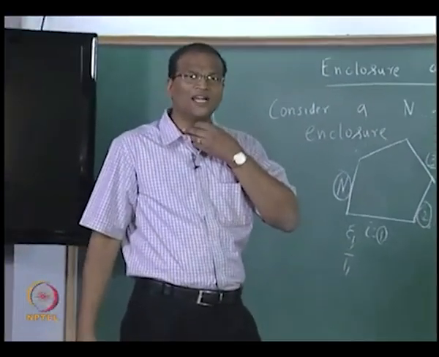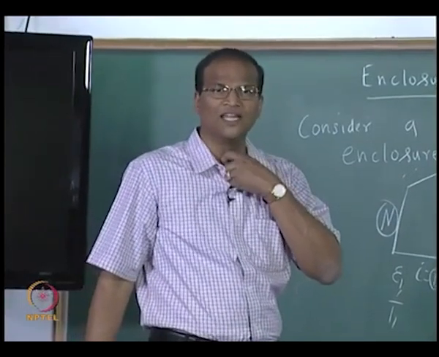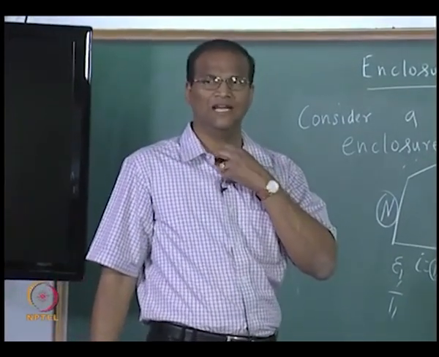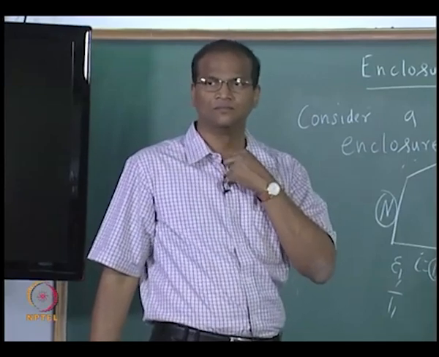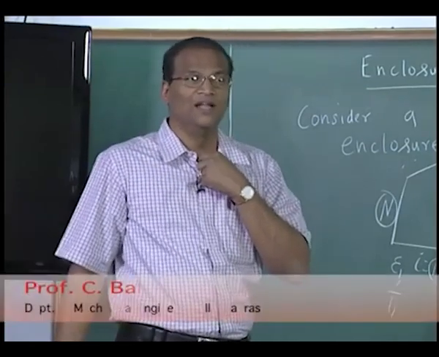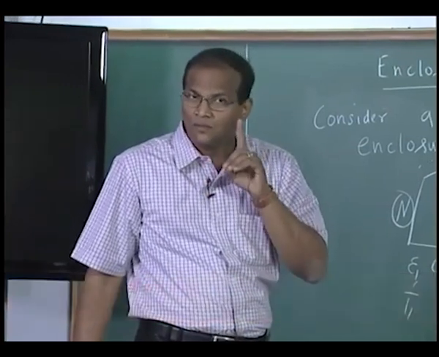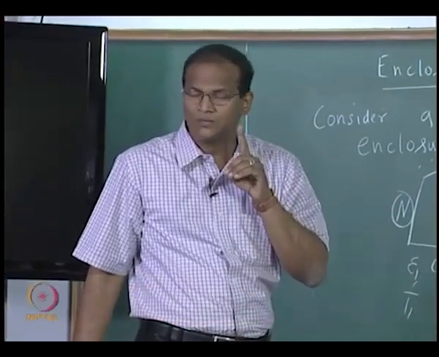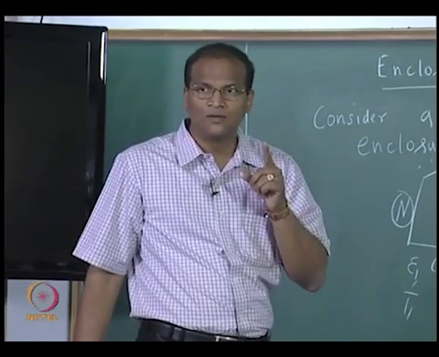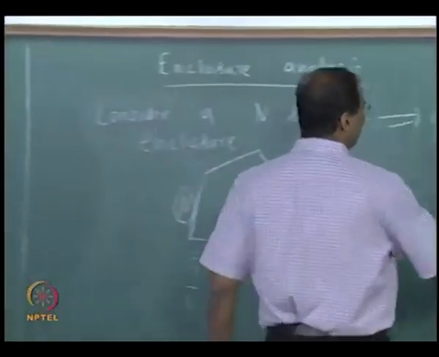So what is the total radiation which is leaving the ith surface of an enclosure? Total Ji is still the flux, so Ji into area, Ji into Ai. Total radiation leaving an ith surface